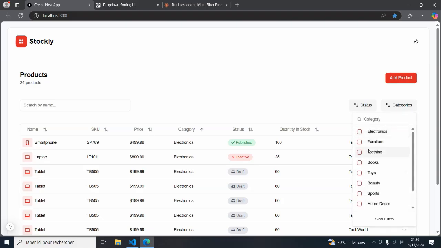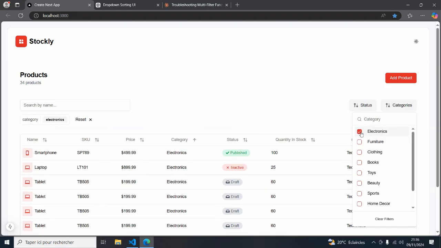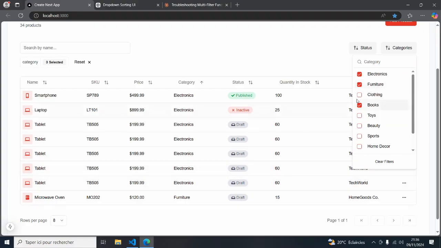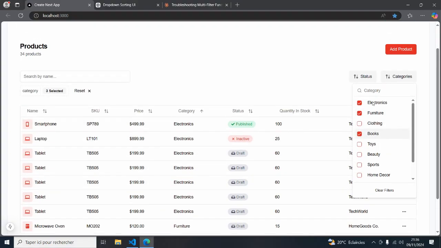So when I open up the filter dropdown and I click on electronics, as you can see, we're going to have only the products that have electronics as a category. So let's click again on another one just to filter things down a bit. So as you can see, everything is working well. So we're going to have only the products that have the three categories. And notice here, we're having this part functional. So if I uncheck the books category, so we're going to have the elements that we are filtered by only